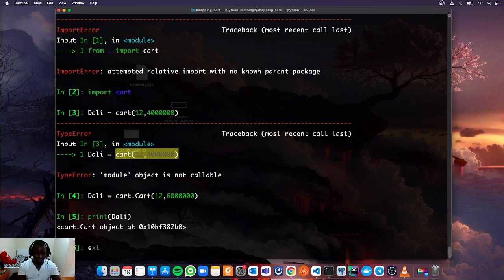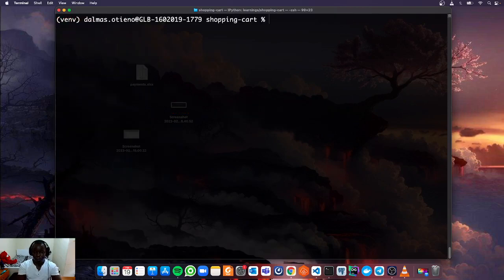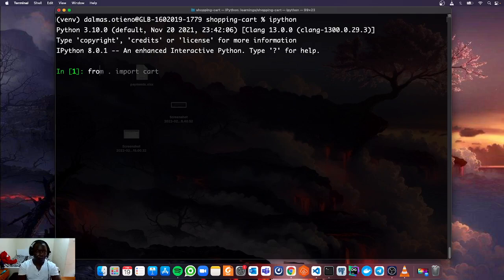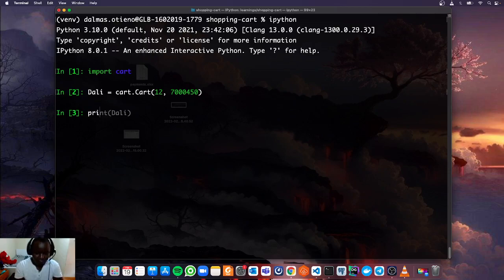I'm going to exit this. So what I'm using here is IPython. I don't know why the other time it was freezing. So IPython, then we're going to say from cat. No, let's just import the whole cat. Import cat. And then we're going to say DALI. I pressed tab and it is taking long. Okay, DALI equals to cat dot cat. I don't know how to autocomplete this. I try to press tab. 12, 3450, like that. So when I do this, then when we try to print DALI,